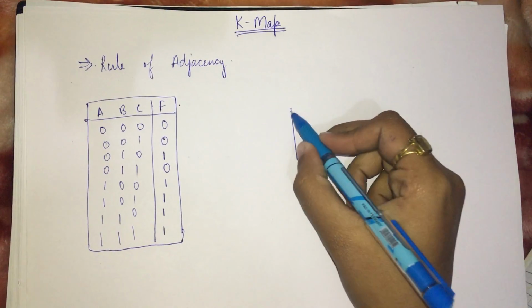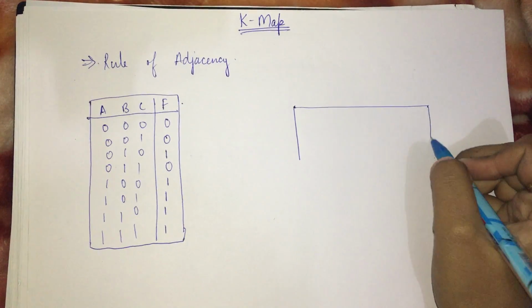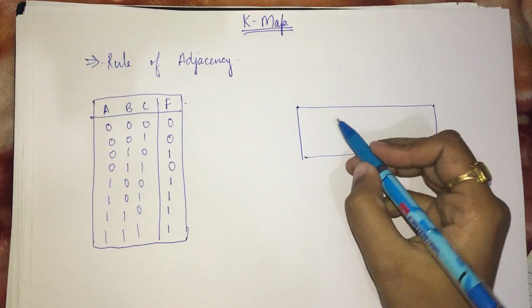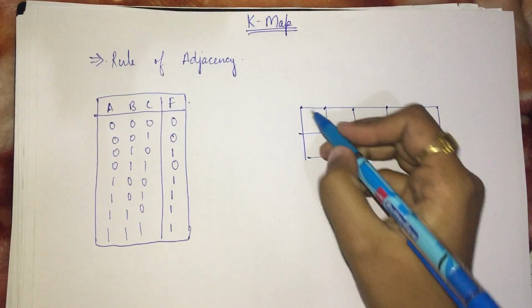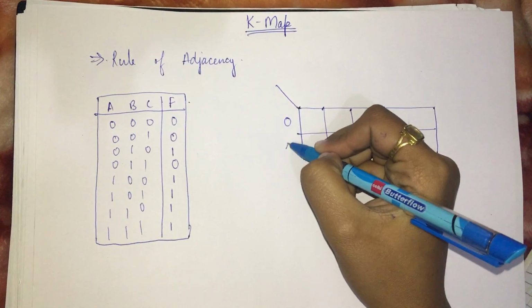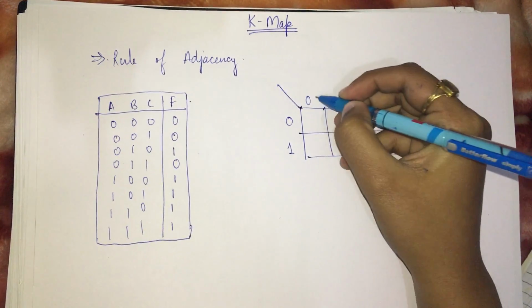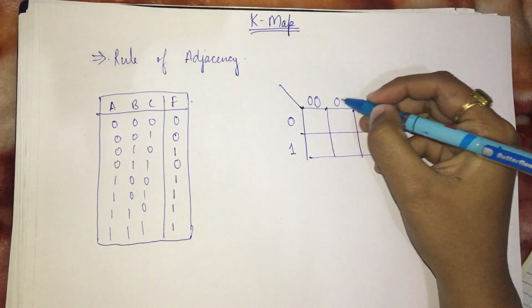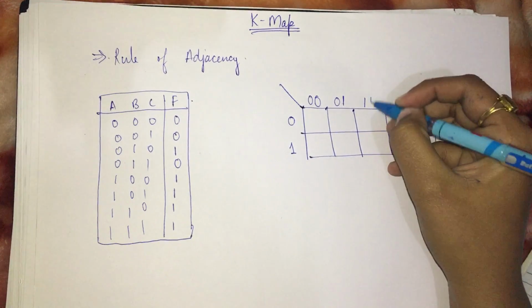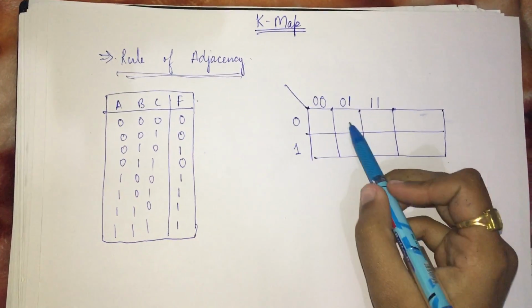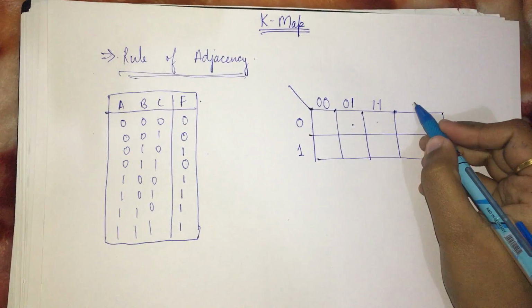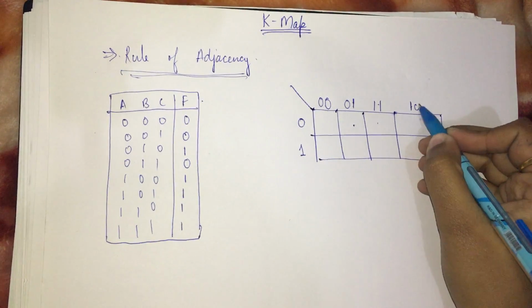Okay, so what happens in a K map, we always have only one bit change between adjacent cells. The two adjacent bits have to change by only one. For example, we take an 8 cell K map. So 0 and 1 change by only one bit. The first is 0 0, then I take 0 1, because the rule of adjacency has to apply. That is, the adjacent cells have to differ only by one bit. And then this comes 1 1, and then 1 0.